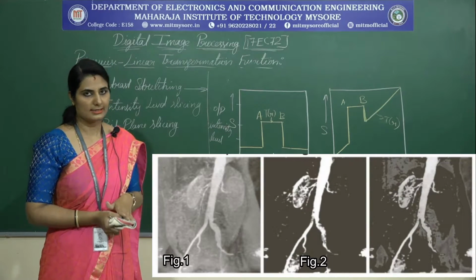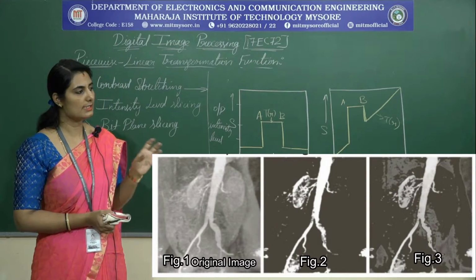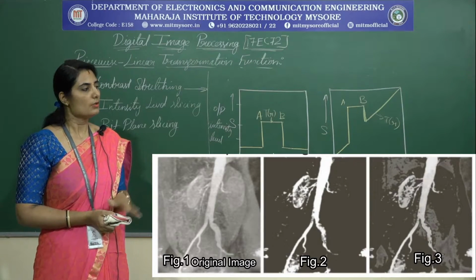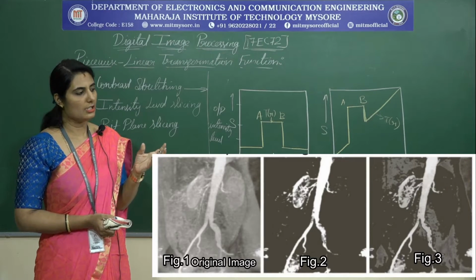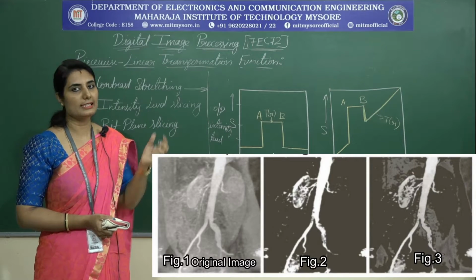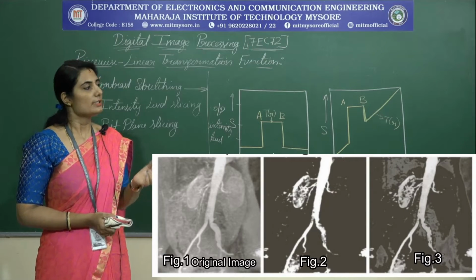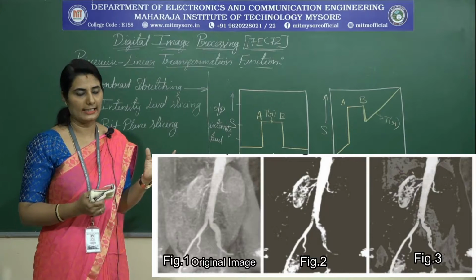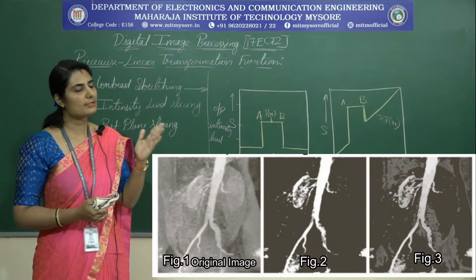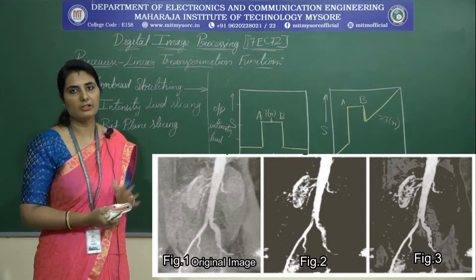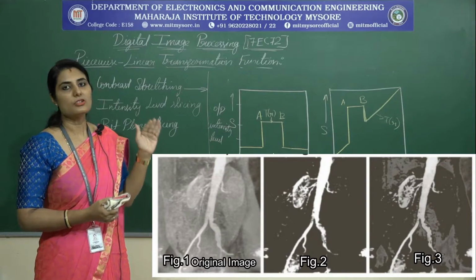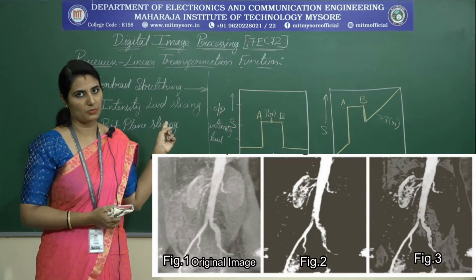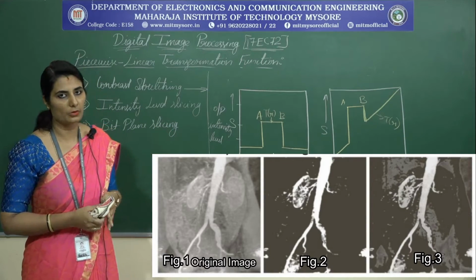Now look at figure 1. This is the angiogram image, the original image. In this angiogram image, the object of interest is the blood vessel. So the range of intensity levels that involves blood vessels should be highlighted, and other objects are not of much interest to us, so they should be reduced. Figure 2 is the result of the first approach. Now look at figure 4.